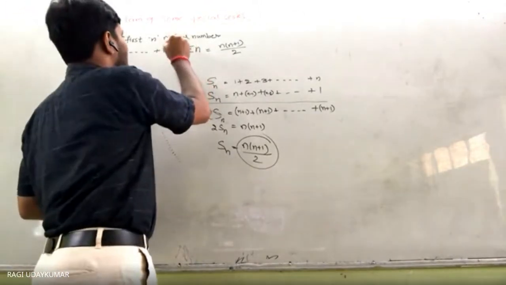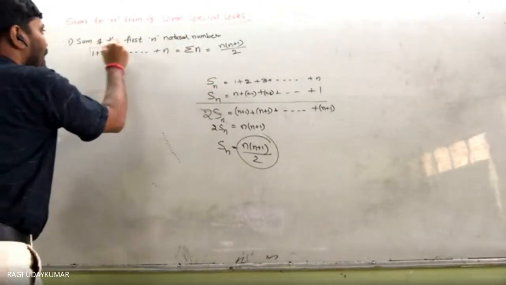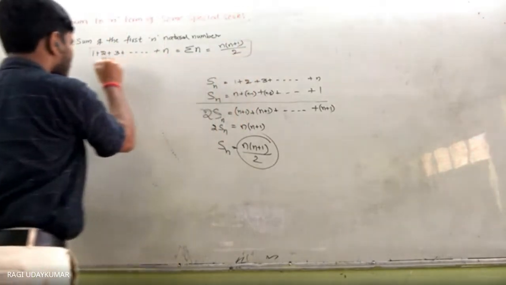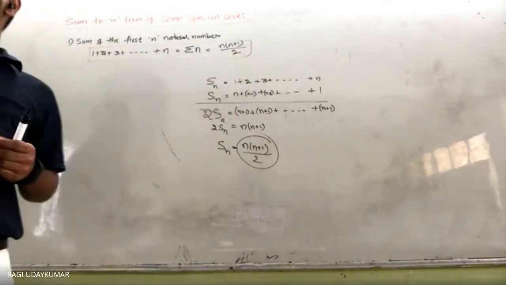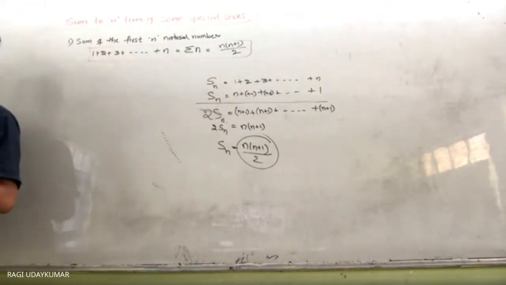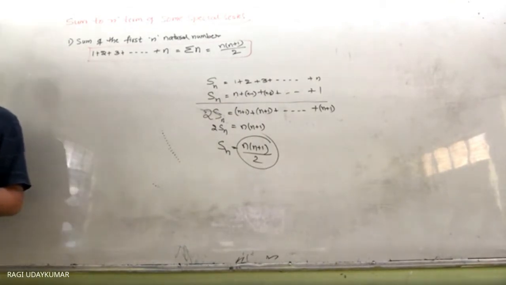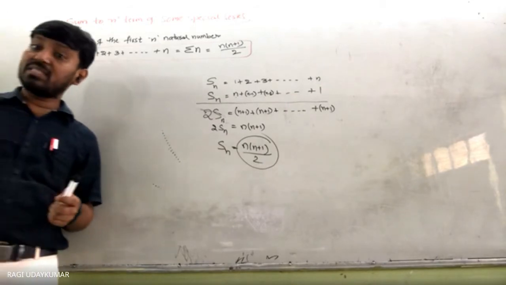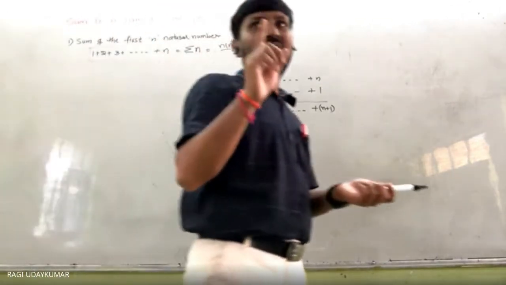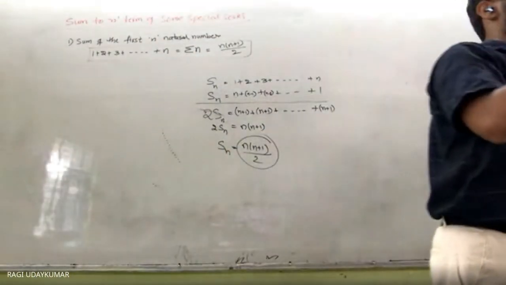So with the help of this you are going to find the sum of 1 to 100 numbers, 1 to first n natural numbers. Here the question is what? Sum of the first n natural numbers. First n natural numbers means the first natural number क्या है? 1. So next natural. So 1 onwards start करना.